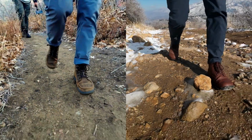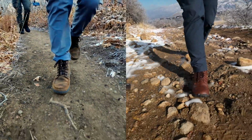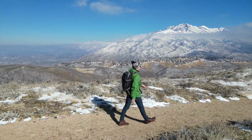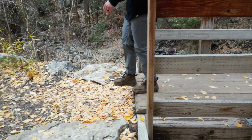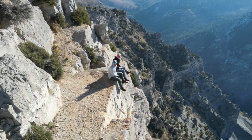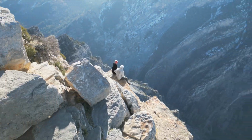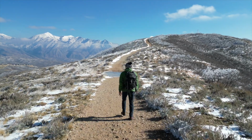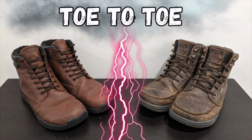Lems Shoes and FeelGrounds are two minimalist footwear brand favorites throughout the world. Both seem to be on the same mission, making healthy footwear that actually looks good. In our opinion, both are succeeding in that endeavor, making it a tough choice which brand to go with. So come along and find out which one will best fit your situation as we set the Lems Boulder Boot Grip and the FeelGrounds Patrol Winter to go